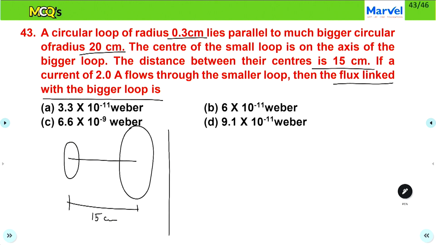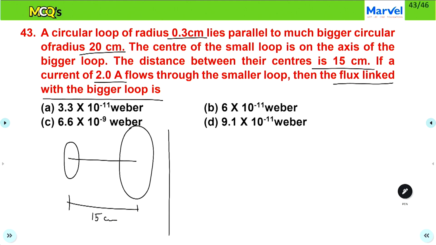Why did a flux come into the bigger loop? First, you passed a current of 2 amperes into the smaller loop, so that it produced a varying magnetic field. That magnetic field got linked with the bigger loop. Since the magnetic field linked with the bigger loop changed with time, the magnetic flux came into play. So all we have to do here is to introduce a mutual inductance. On introducing a mutual inductance, we directly calculate whatever we need.